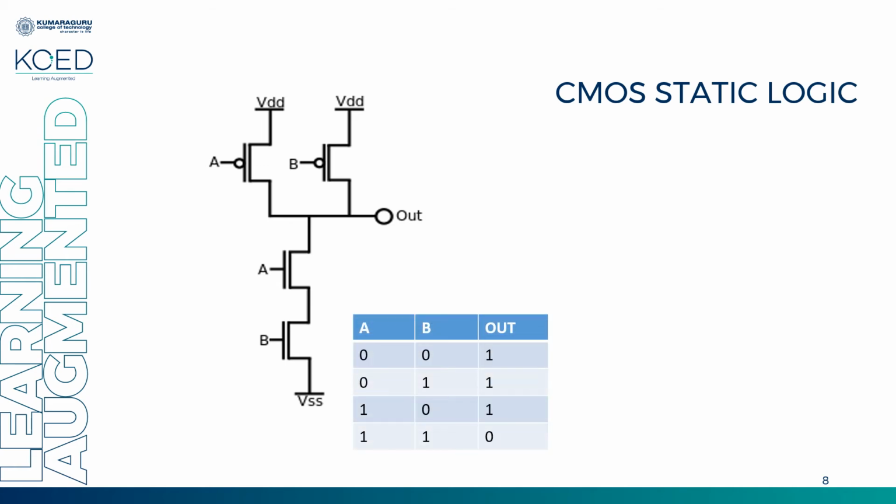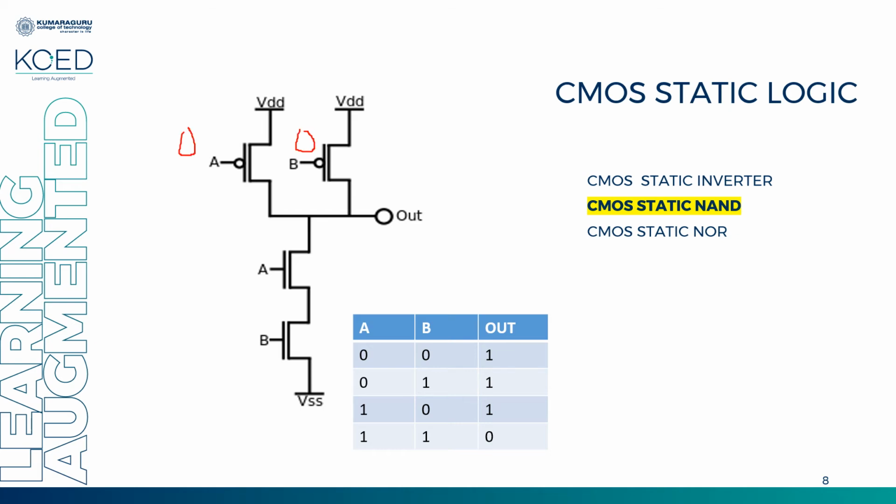Similarly, let us understand what happens in AND, that is NAND. We have seen that complementary MOS static logic will always give a complementary output. Here I'll get only NAND. If I want AND, I have to add an inverter here. Fine. So let me check what happens when I give 0 0. Here it is 0, 0, 0, 0. PMOS turns on for a 0. So you have a path from VDD to output, and here also you have a path from VDD to output. So my output is 1.